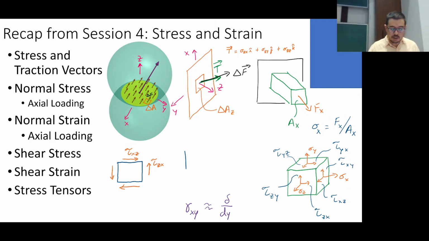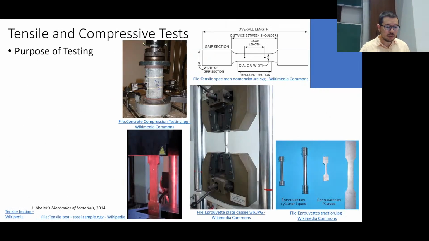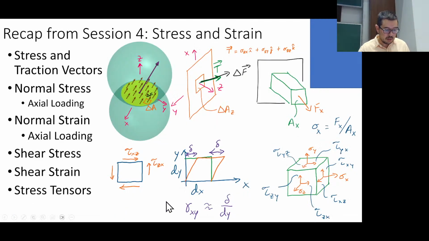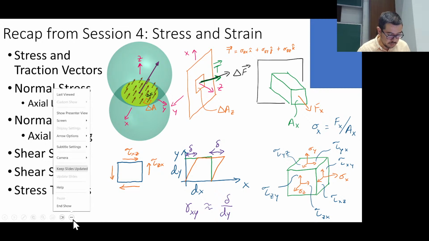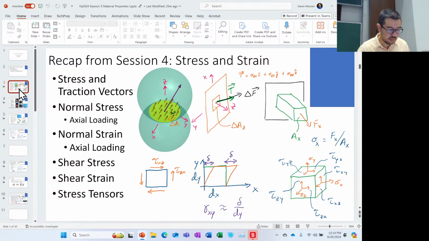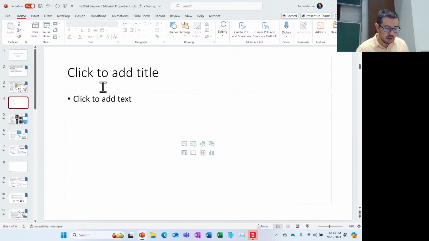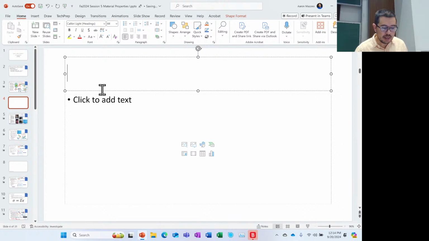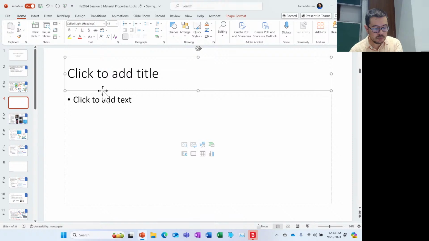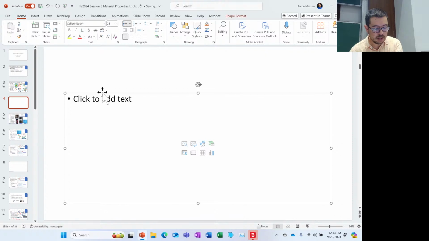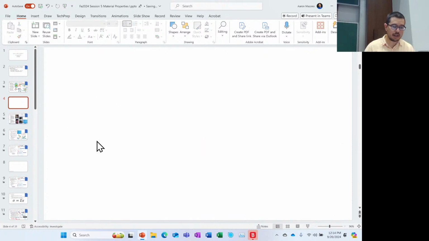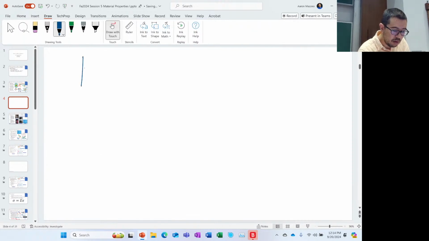And I did just want to emphasize one thing with strain. I don't think I really made it clear when I did the example, and this is maybe a little bit basic, but I just wanted to make it clear. When you have a bar,